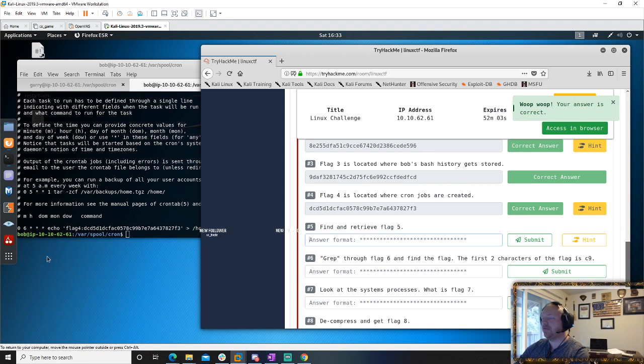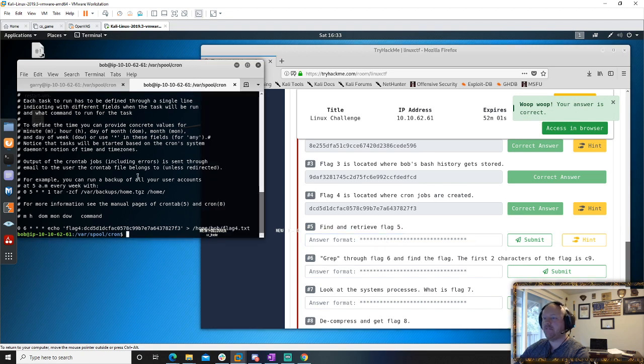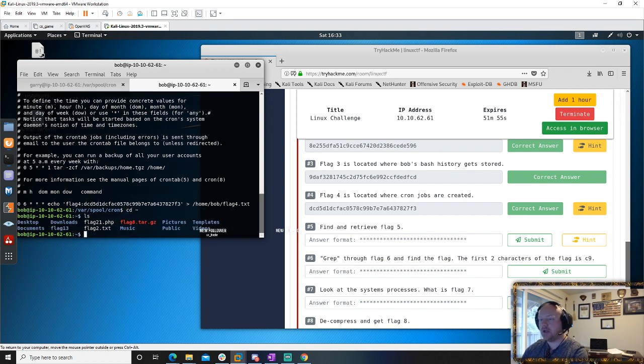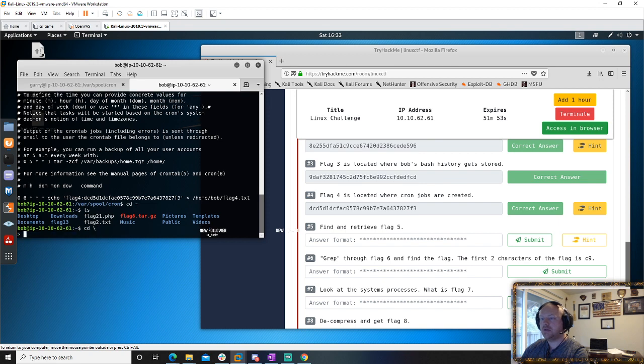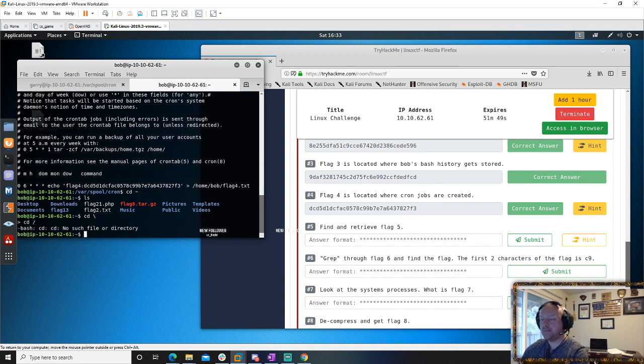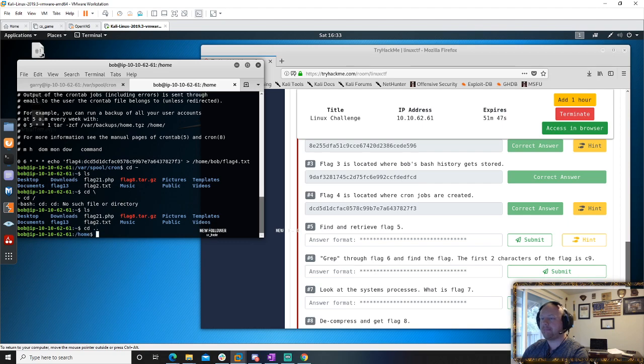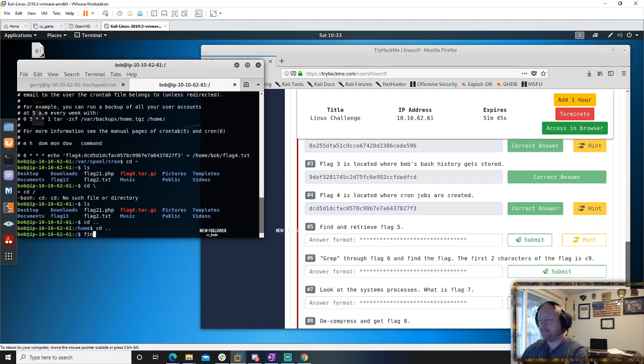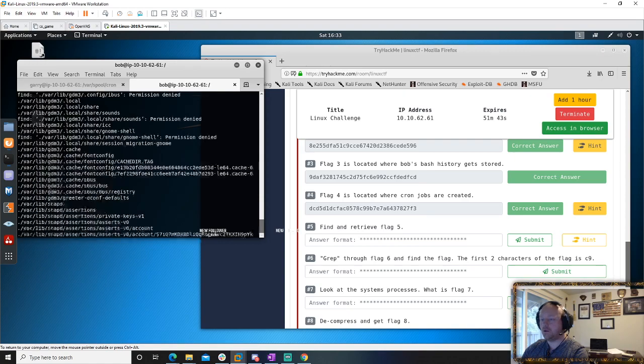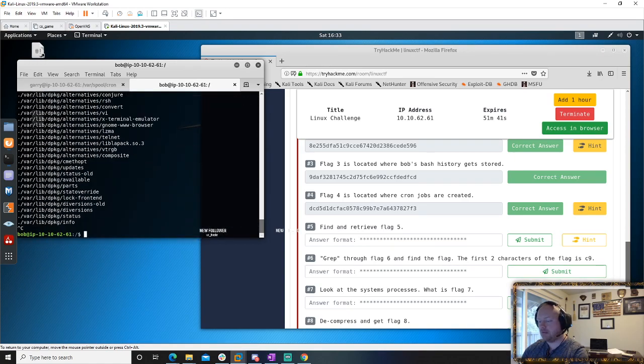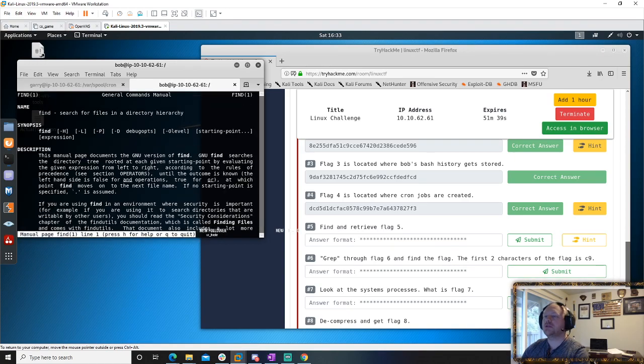Okay, so now we need to find flag 5. So how do we do that? Just find flag 5. So let's look at the find command.